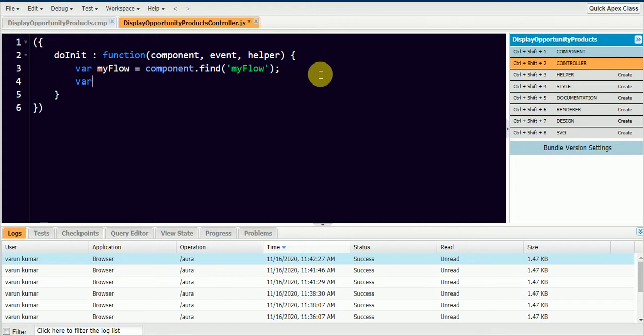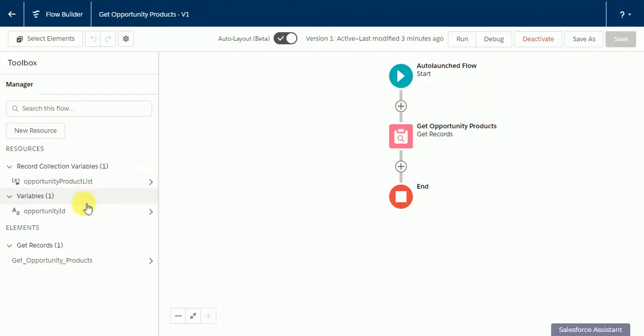And next we have to declare some input variables to pass to my flow. For that I'm going to create a variable here called input variables. So I'm going to pass the opportunity ID here. The name is, just copy the input resource name, that is nothing but the opportunity ID here.